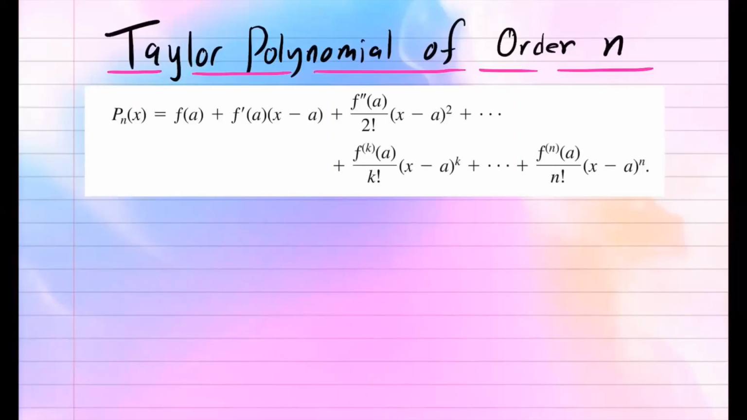So in this video, I'm going to discuss what is Taylor polynomial of order n. So what I have here is a Taylor polynomial of order n generated by this function f of x centered at a. Now, if you were to recall what is a Taylor series,